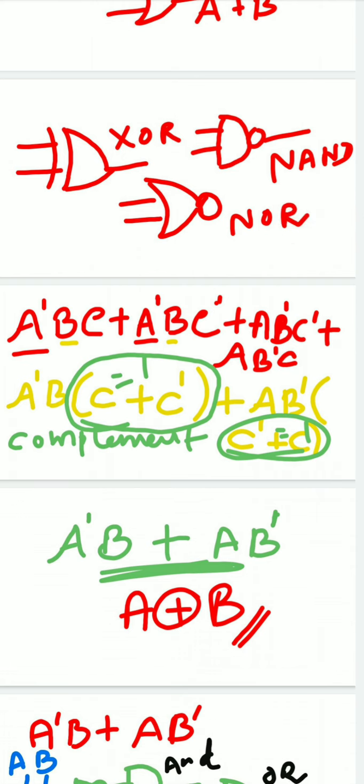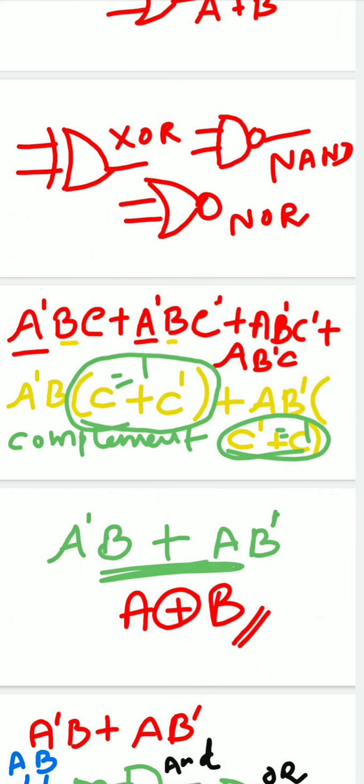With these basics, now I am going to solve one important problem, because this is a repeated board examination question. They will give you an expression. For example, here I have taken the expression A dash BC plus A dash BC dash plus A B dash C dash plus A B dash C. This is the given expression. In examination, they will ask you to simplify this expression, and after simplification, draw a logic circuit. In this way, the questions may be found in board examination.